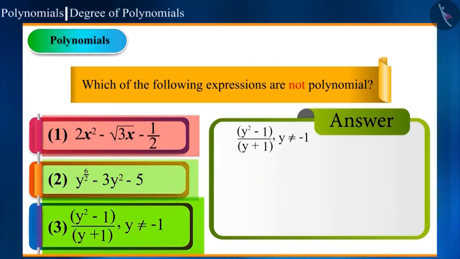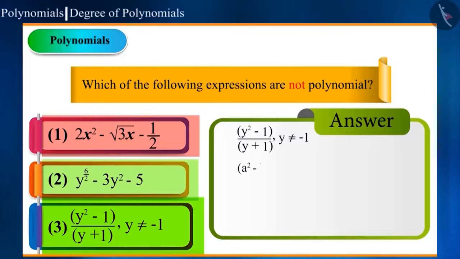Now we have the third option. y² minus 1 by y plus 1, where y is not equal to minus 1. Friends, on seeing y plus 1 in the denominator, straight away, do not say that it is not a polynomial, but try to simplify it. Like using algebraic identity,